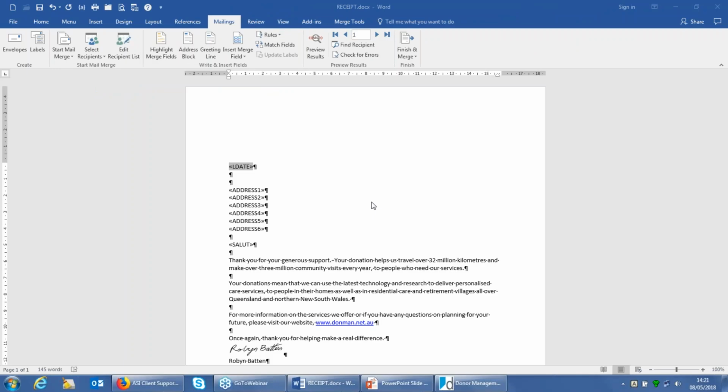As Murray mentioned, all Donman does for the purpose of the actual mail merge is create the data. There's no real link between Donman itself and your Word documents as you go through. So there are two ways that, when you create the data, you can create the fields that come out into what's called formatted fields, which in the case of receipting, as we've got on the screen here, means that if I look at the data,